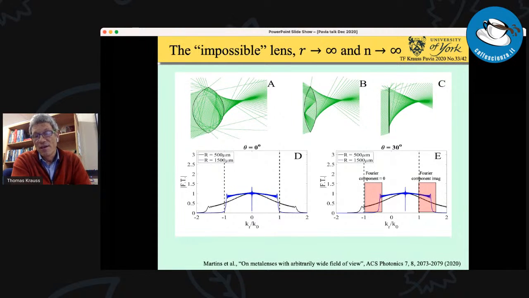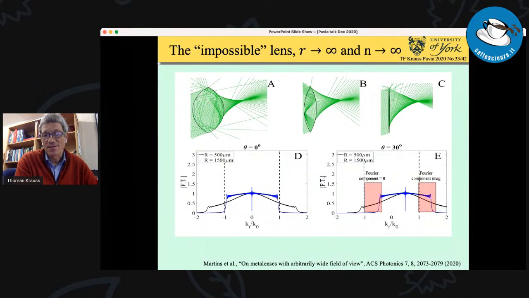And you can see this in picture C. The effective aperture that contributes to the image is smaller than the size of the lens. You notice on the bottom of this lens, the light doesn't start at the edge of the lens, it starts a bit higher. That's exactly because I've shifted it out of the real space. It's imaginary there, and it doesn't contribute to imaging.